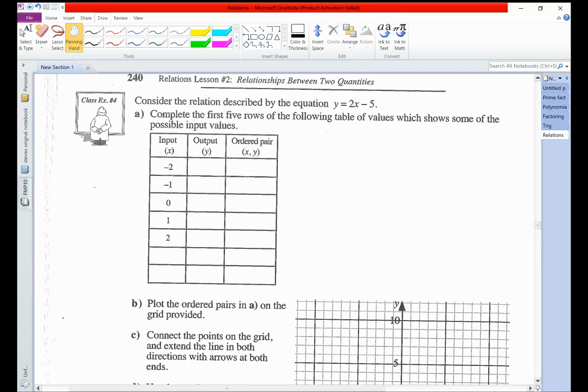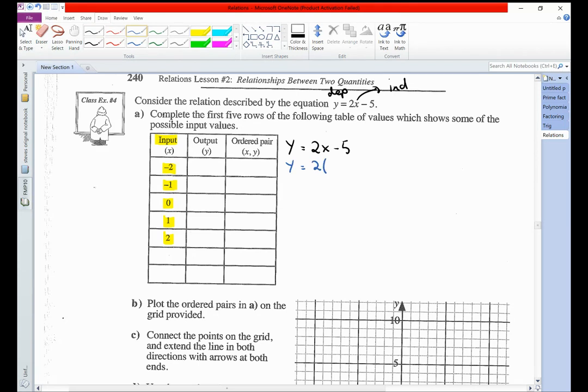Consider the relation described by the equation y is equal to 2x plus 5. So in this case, y is our dependent variable, and x is our independent, or input. So the table gives us all of the input values, and we have to come up with the output values and then write them as an ordered pair. So we know the formula, or the equation, is 2x minus 5. So we can write that